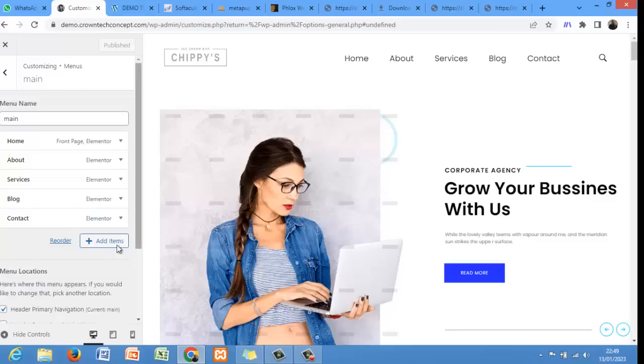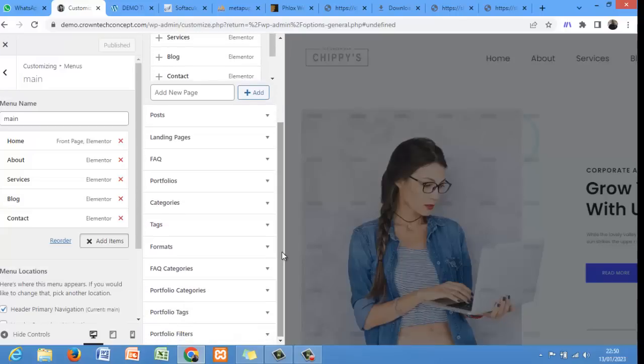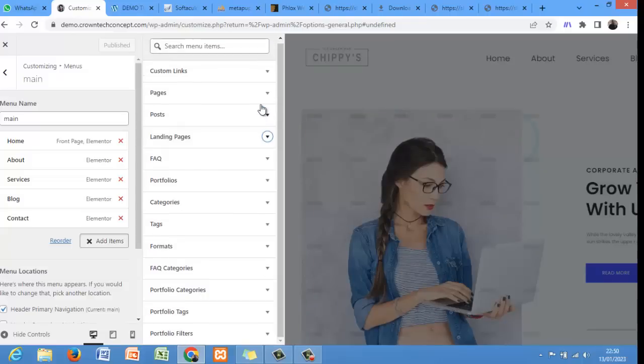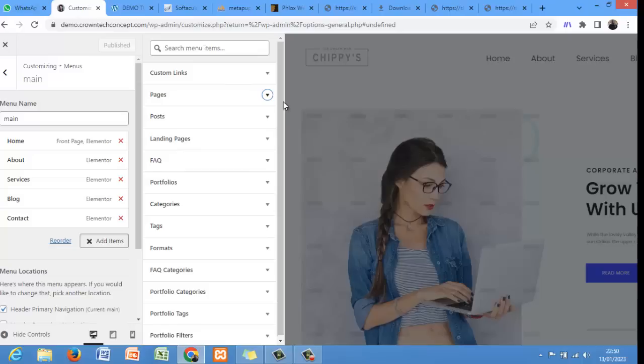So you can add this. So just click on add item. Can you see? Once you click on add item, just scroll down. Now if you need landing pages, do you have any landing page? No, we don't have any landing page. Now let's see the pages we have. I think these are all the pages we have. So all you just need to do is